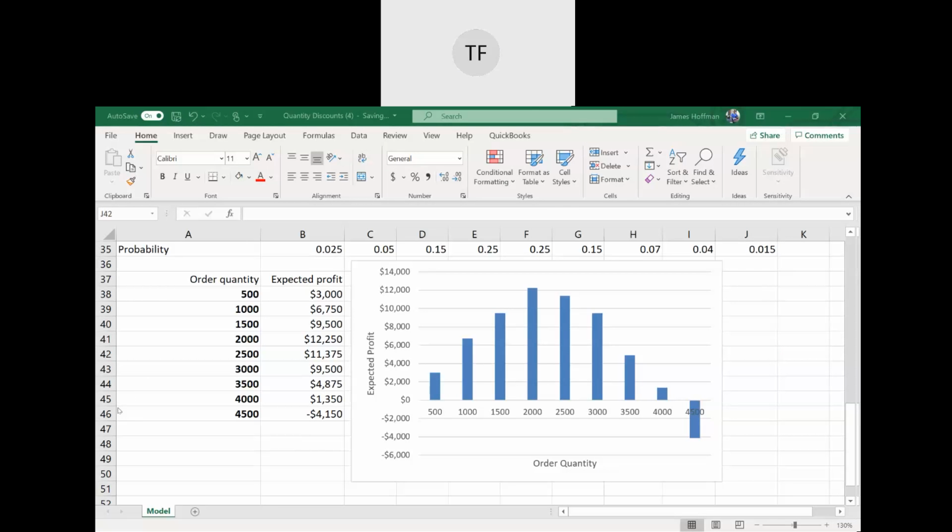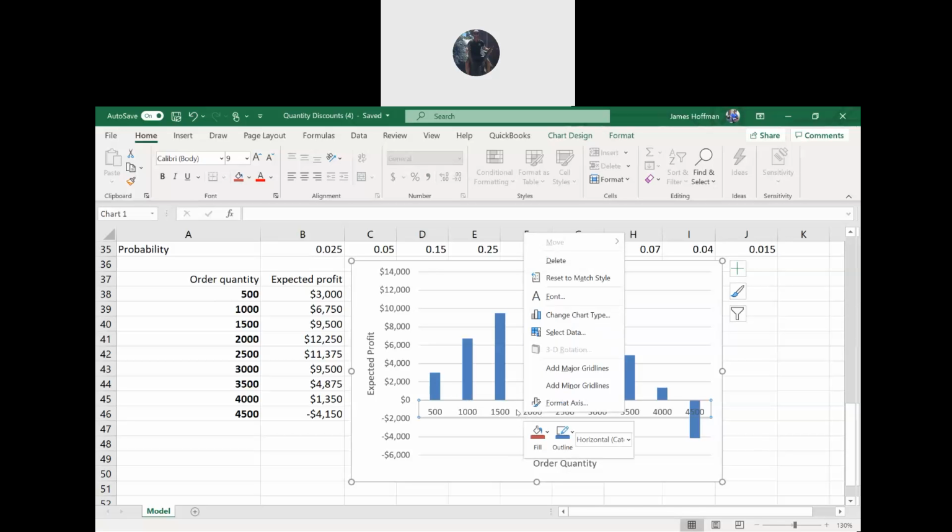You're welcome. All right, so one more thing for the chart. See how it's a nice picture of what's going on over here. So what this tells us is, when we order this many books, what's our expected profit? And see how the x-axis label is kind of in the middle of the chart? It looks a lot nicer if it's on the bottom. And so you can move it down. If you click on the x-axis and right-click it, and choose Format Axes,